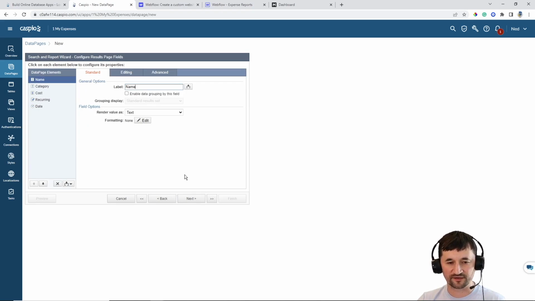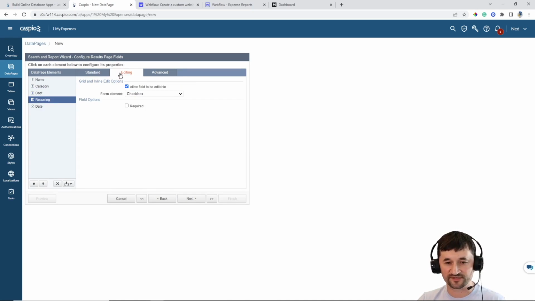All right, so let's take a look at the results page here. We have the name, we have the category, we have the cost, we have the recurring field. This is going to be editable, so it's going to be a checkbox. That's completely fine. I don't think I need to make any additional changes here, with the exception of maybe for